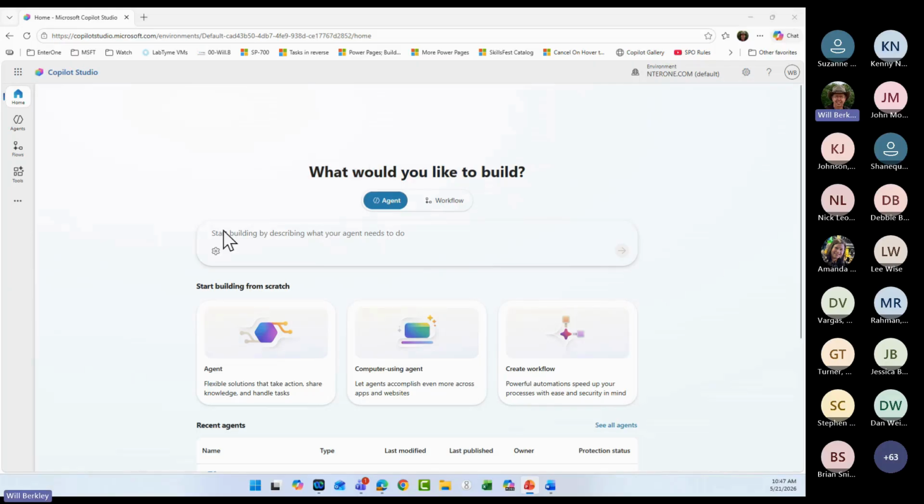Thought I had it right there, but that's okay. But you could start typing what you wanted the agent to do, declaring what you wanted the agent to do. All right, and then it would start creating that. But I'm actually going to go a little bit different direction, okay? Because I want to show you something that has a little bit better functionality, and that's the Copilot Studio that's